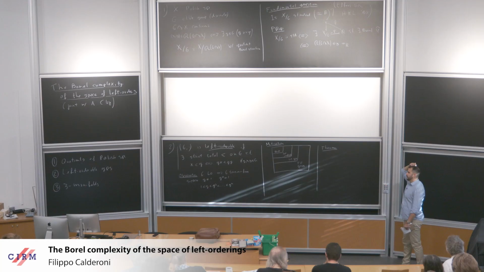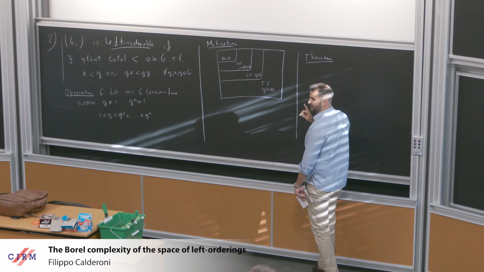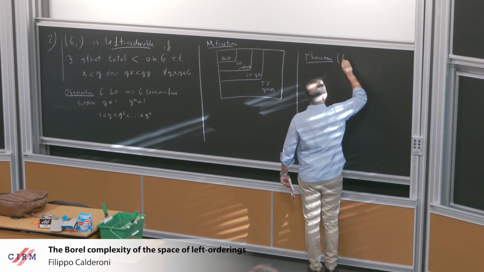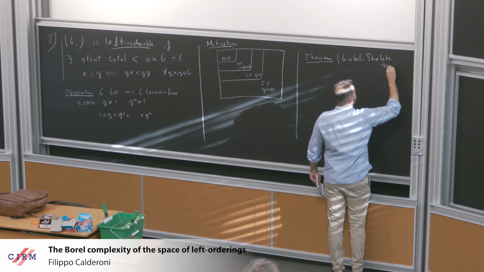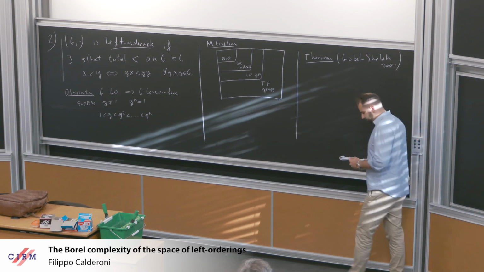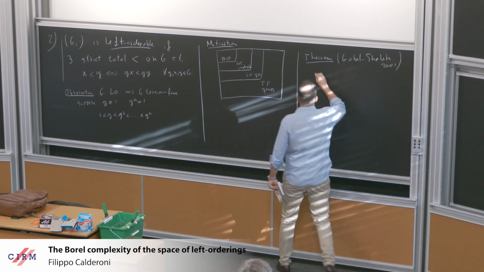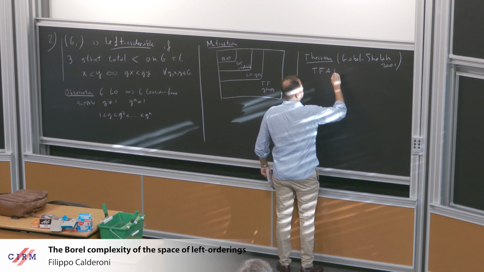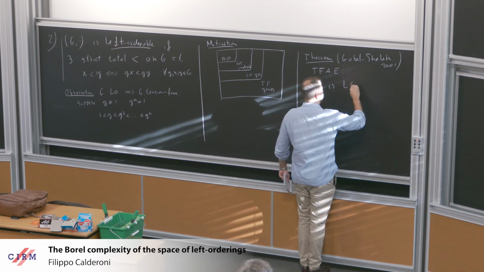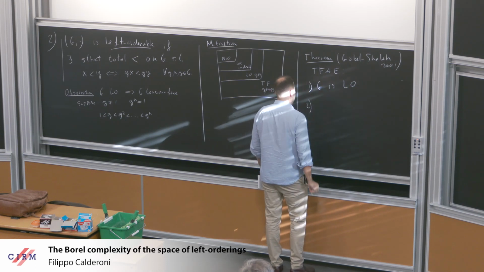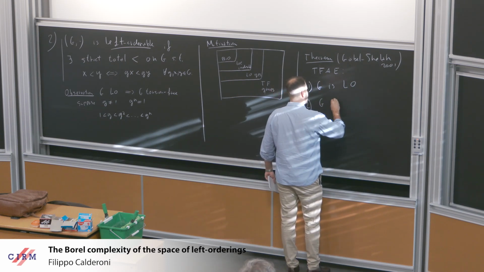It's from 2001, by Glass and Shelah. The following are equivalent: one, G is left-orderable, and two, G is